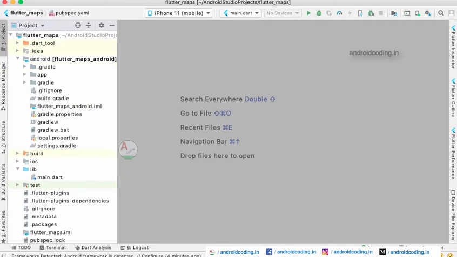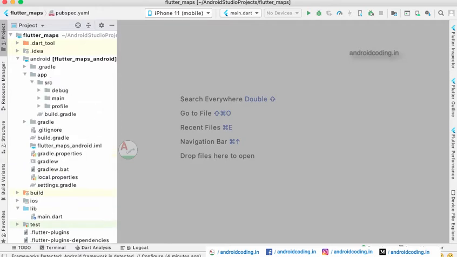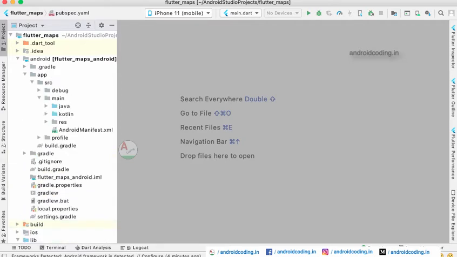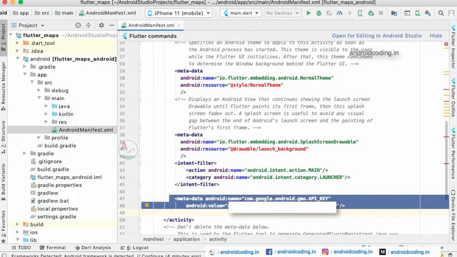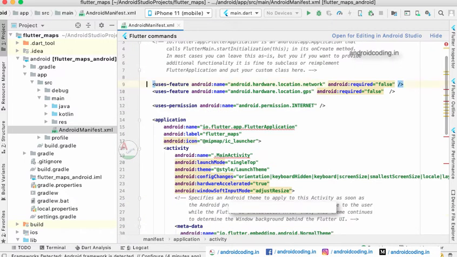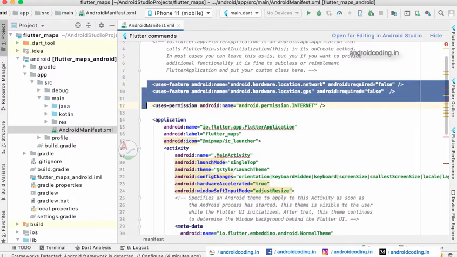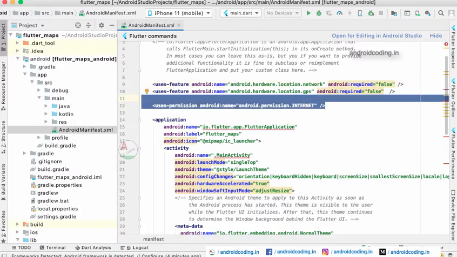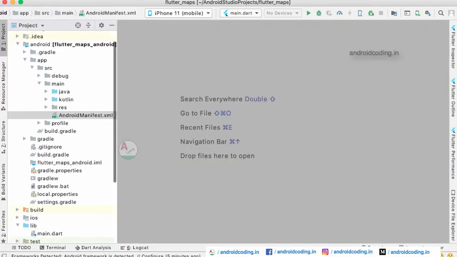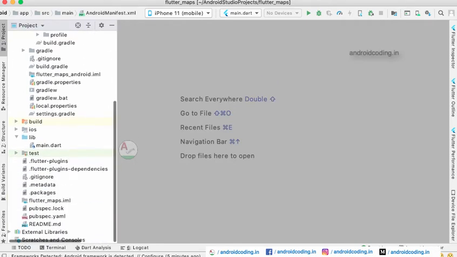So after enabling the API, in Android, in the manifest file, this is a very key element, because if you don't do these changes, you will never get a map on Flutter. You need to provide your API key here, as I have provided. You need to add these permissions: location, network, and location GPS, and also an internet permission. This is for Android. And when you come to iOS,